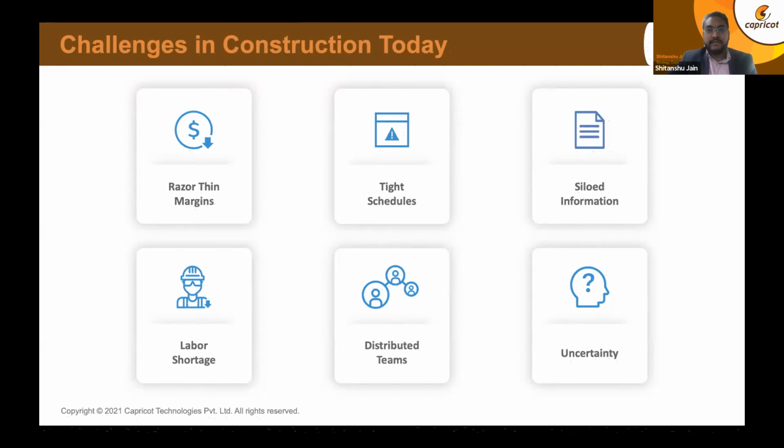Then one of the biggest challenges which we are facing on site nowadays is labor shortage. During seasonal timings and all, we have labor shortages on site, where most people are trying to move towards prefabrication or precast to resolve this. Then nowadays, especially in Delhi NCR, we also have a problem of pollution, because of which construction is halted for a certain time in the year. So effectively in a year, the construction halts, or there's no activity which can take place on site because of one or the other issues, which leads to a lot of uncertainty and planning changes.